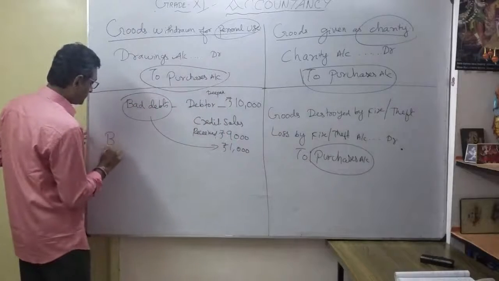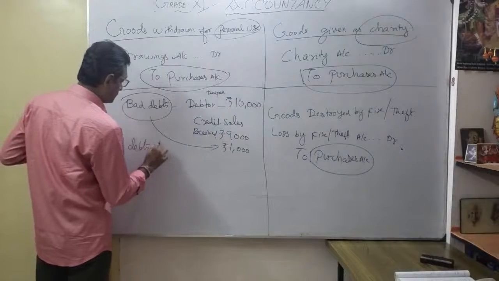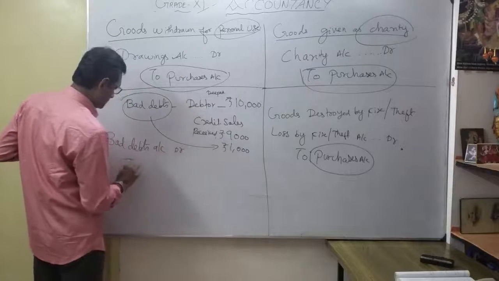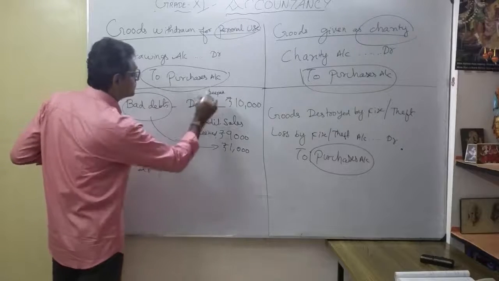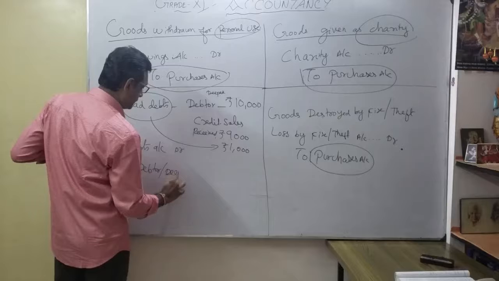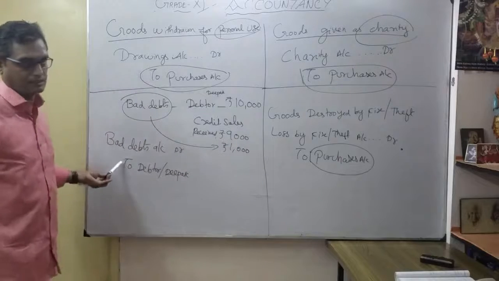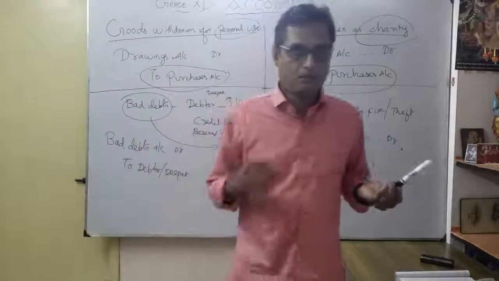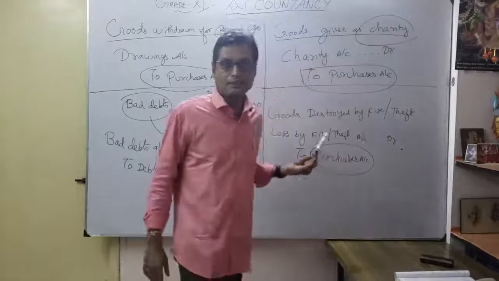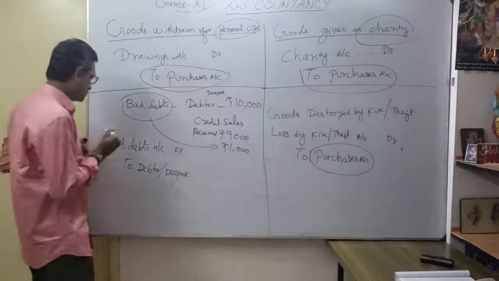So bad debts account debtor to the particular debtor or the name. Here who is the name? The Deepak. You understood? So whenever bad debts, you want to pass this journal entry. The bad debts is coming under nominal account. As a nominal account, it is not expenses for us, it is a loss for us, correct? So bad debts, understood? So that's why I am debiting.